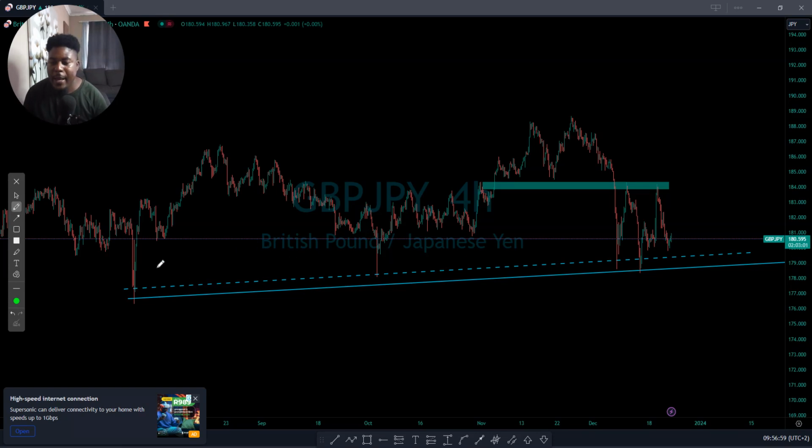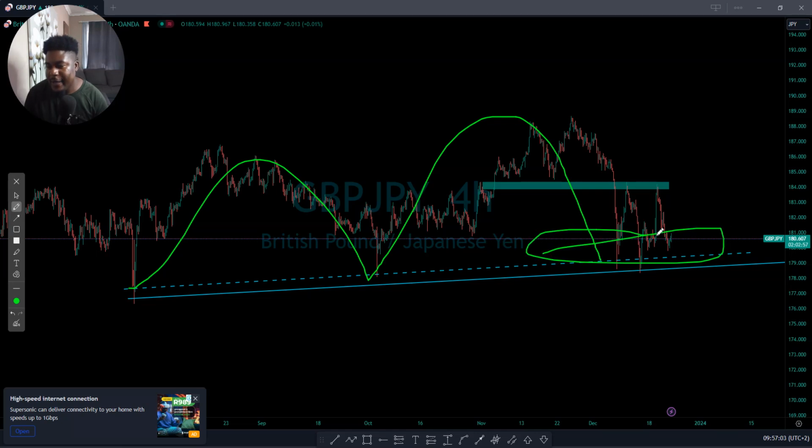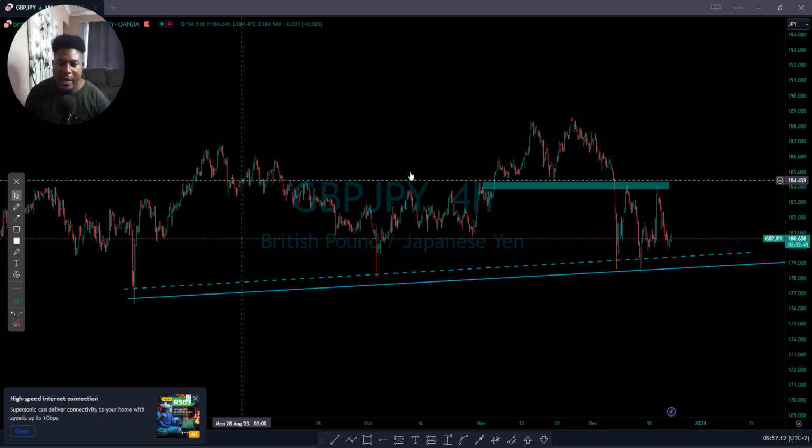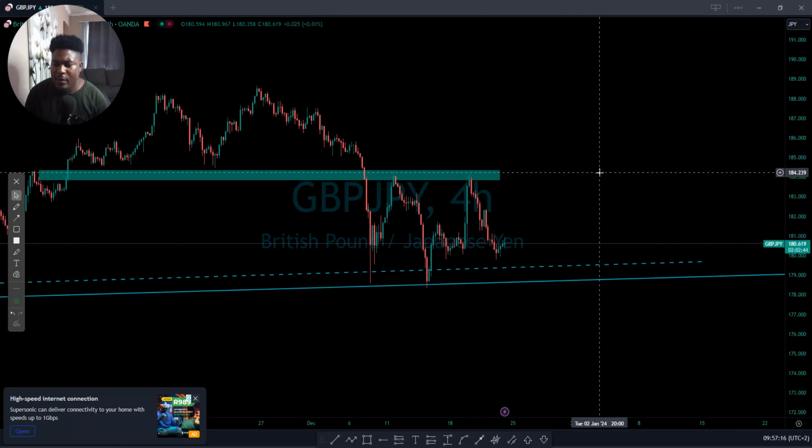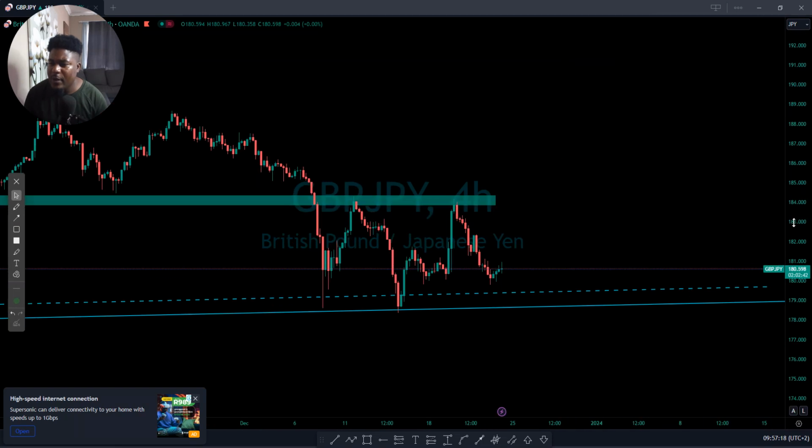You see, so yeah, GBP, we can see that the market is in a very nice place there. It's going towards this support area. I think we're going to see the market pushing to the upside. So next year, prepare. Not next year, next week. A few weeks coming. I think it's only one week.